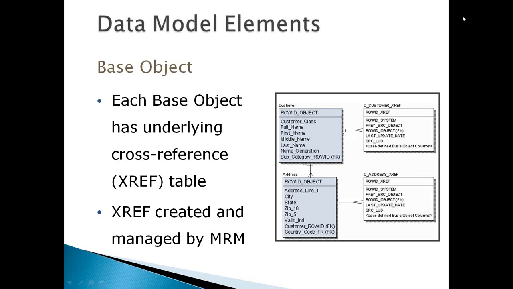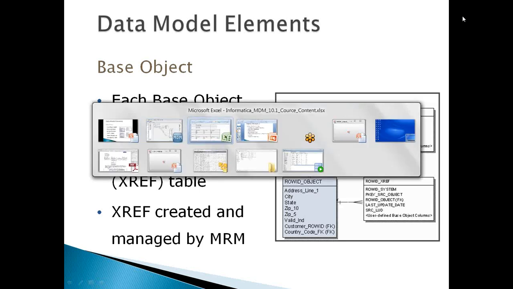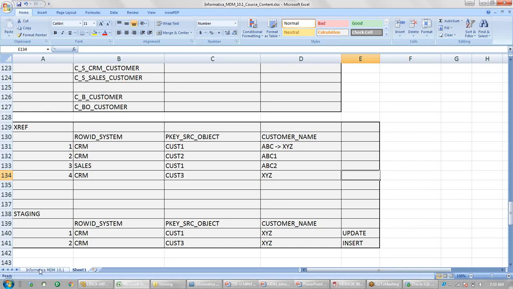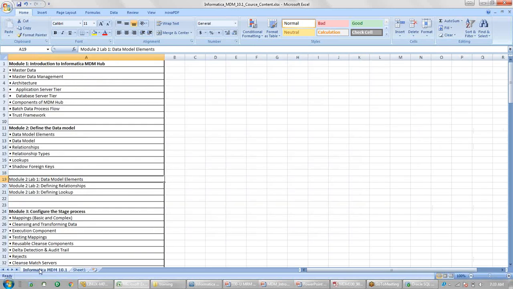So when will our labs start? As of now, I will not say the labs start. Probably after 2-3 days only. Because first I am covering this module 2. Once I cover module 2 and show you practically how to do things, creating the tables, creating the relationships, the lookup part, then I will ask you to start the lab. So probably 2 to 3 days more. After that you can start. So there is no hurry as such.